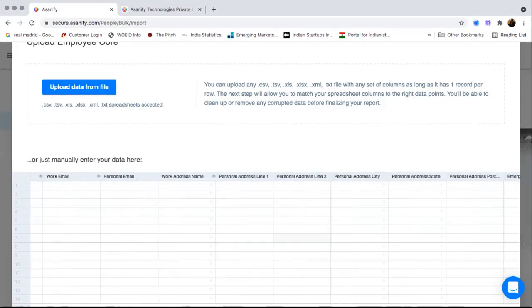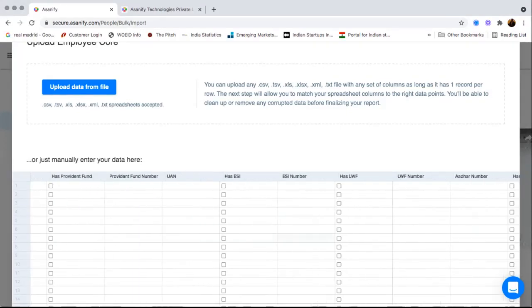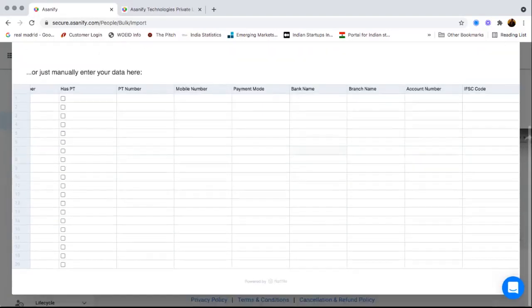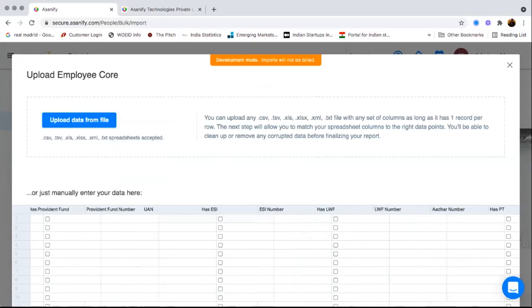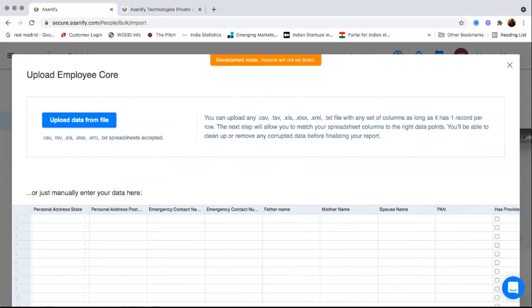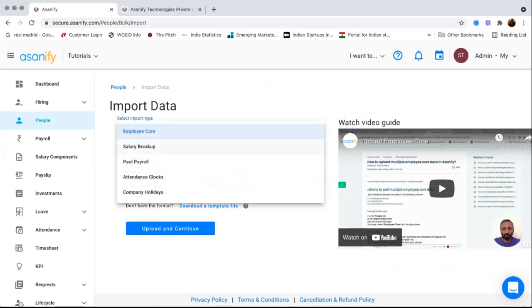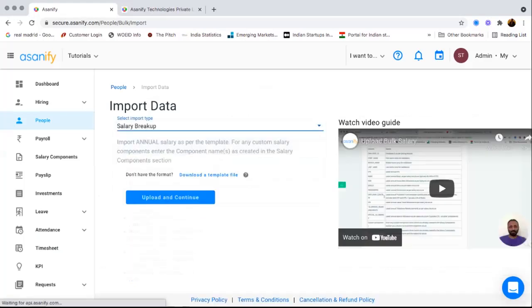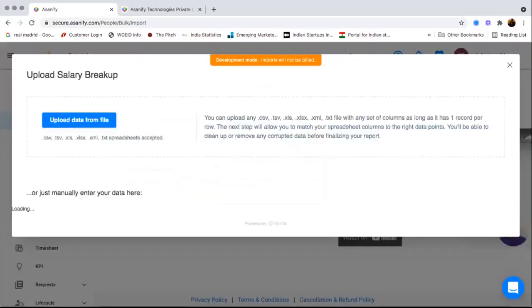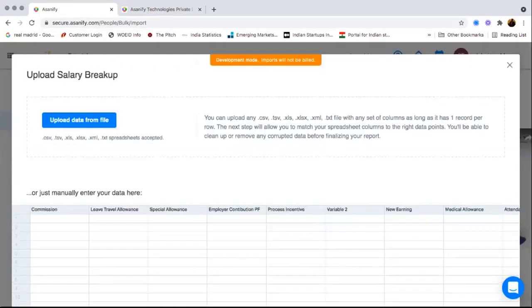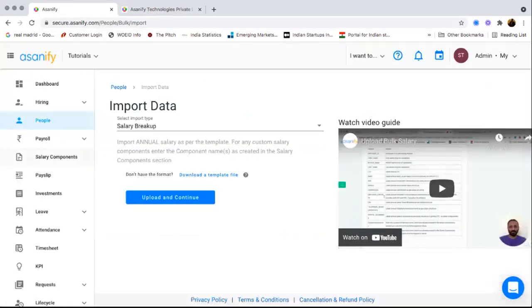So we'll have maybe a separate module, or a video where you can see how that works. But this is a very nifty feature that all your typical employee profile details will automatically get mapped, and you can add employees very easily. So once you add the core information, you can just add the salary breakup, and again we will show you what are the typical fields that are needed for the salary breakup. So CTC, basic, etc. So that also you can add. And once you do that, you can just get started with the employee's profile.